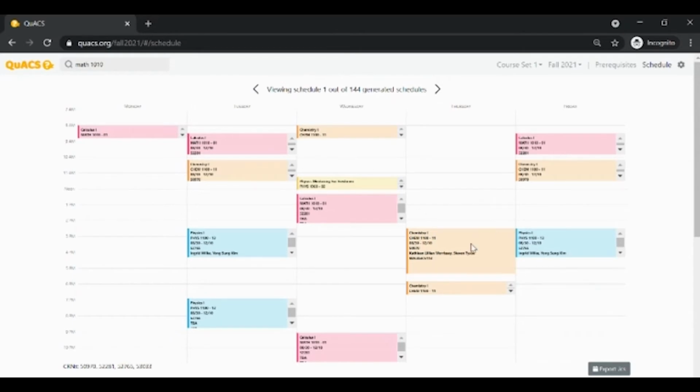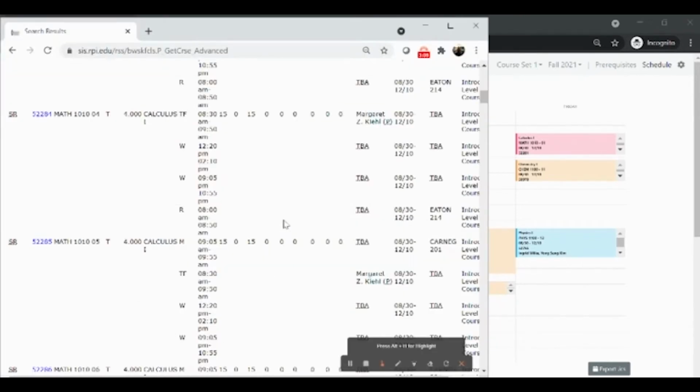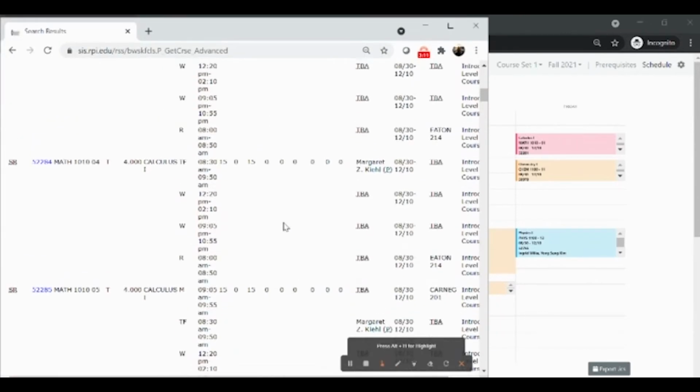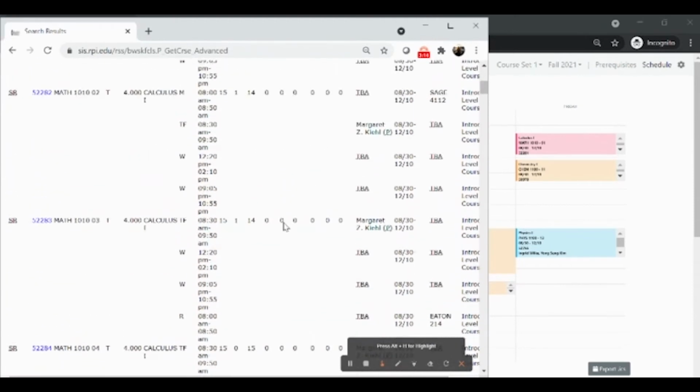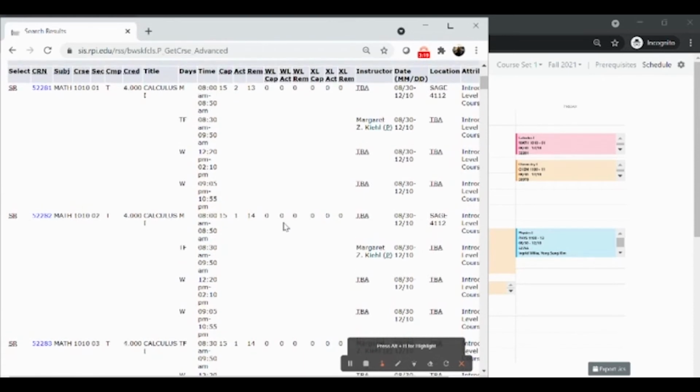From here, there are 2 different things you're able to do in order to narrow down your options. The first thing is you will want to double check the day of registration, class search in SIS to ensure that the class that you want is actually open. Class search within SIS is live. While students are registering, it's updated constantly in terms of when classes are available and how many seats there are. The one thing with Quacks is that on the day of registration, it will not be completely live.